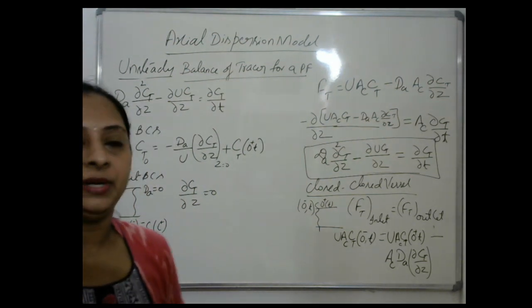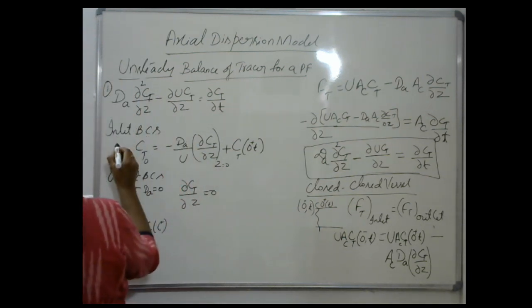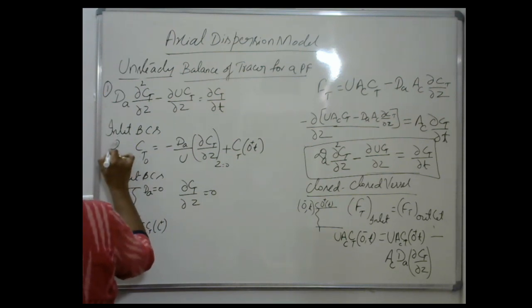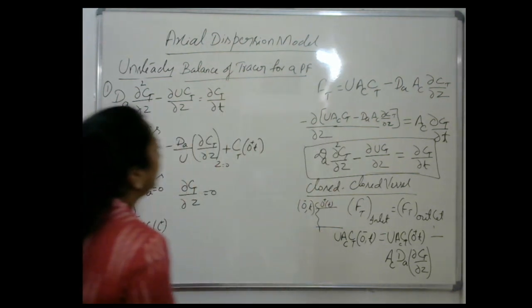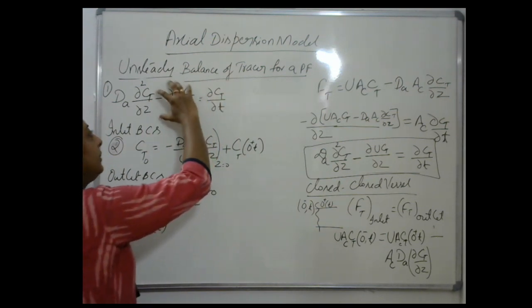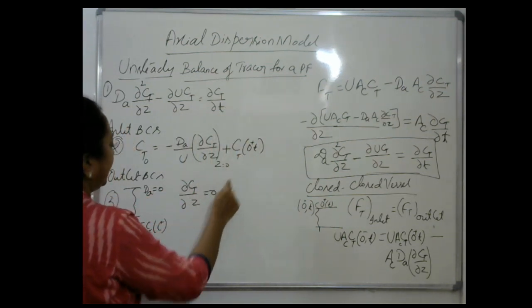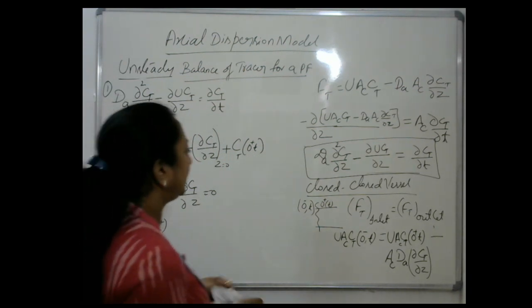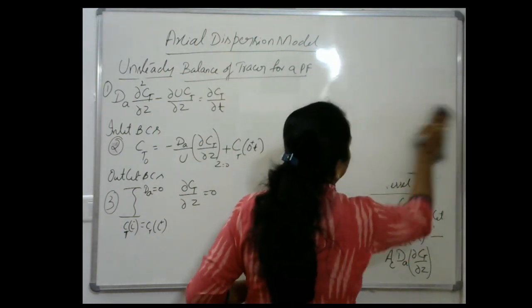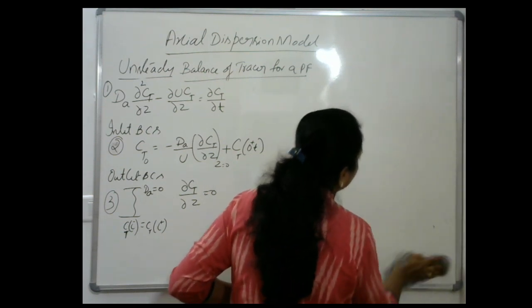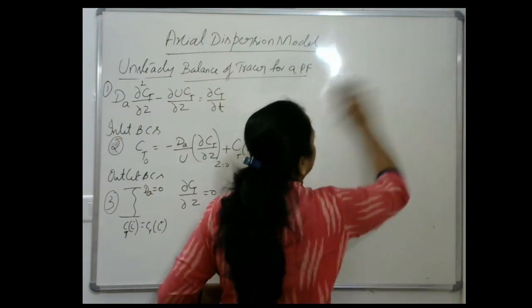Okay, so now I have got one equation in terms of concentration, and I have got the boundary conditions. Two-three equations we have developed. Now what I will do is consider the dimensionless forms of these equations, this, and as well as this. For all three equations, I'll write the dimensionless forms. Let me just explain what we have to consider to write those dimensionless forms.